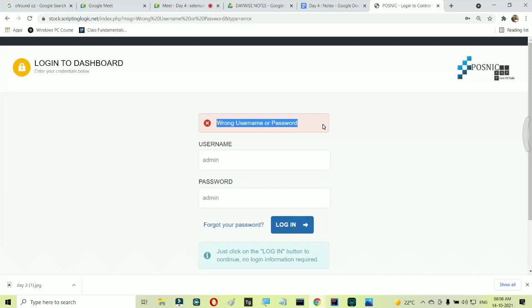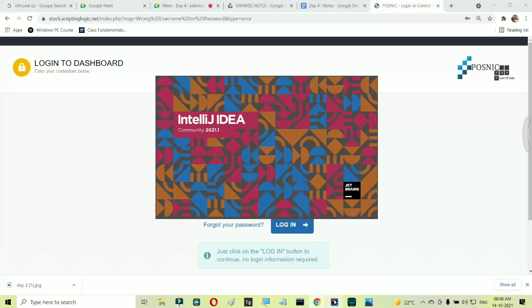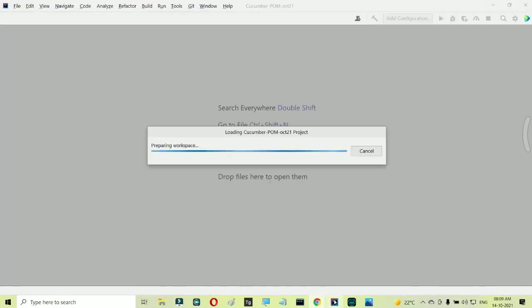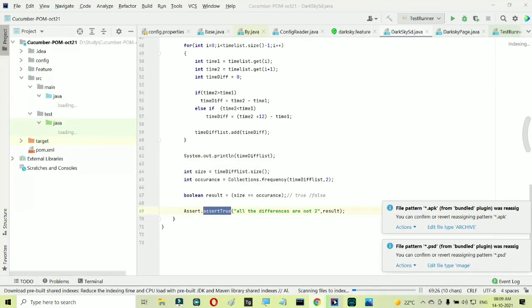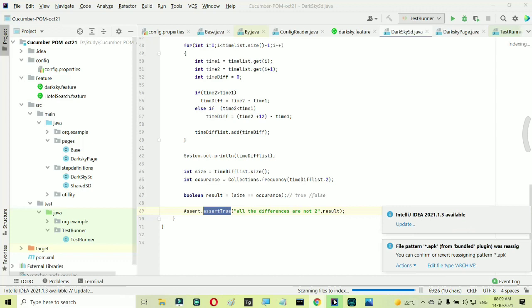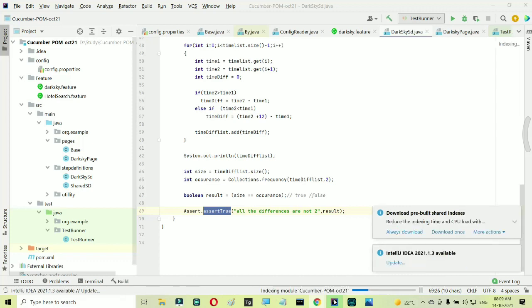Now yesterday what we have done was just the automation. We have opened the browser, we have entered the URL, we have interacted with several web elements, right? But that was the automation only. Your testing is said to be completed when you actually compare the expected and actual results, right? The difference between actual and expected result is your bug, isn't it?